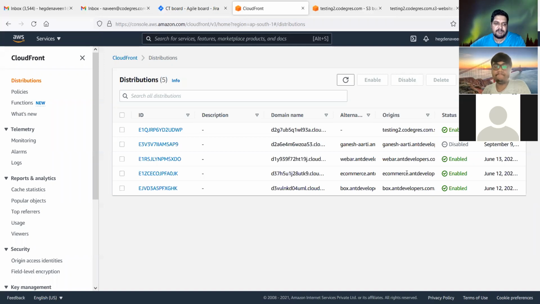CloudFront is a CDN. I've used it, but I've not really understood it specifically. CDNs are content delivery networks. In short, for example, let's say you have a .css file somewhere, something like jQuery.